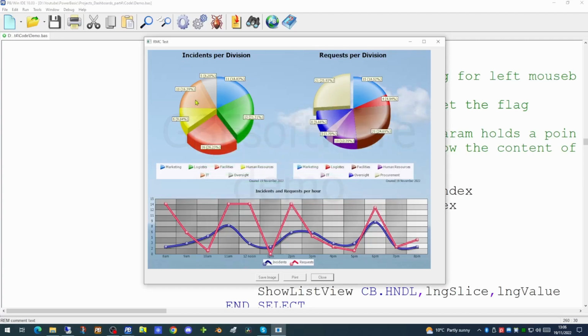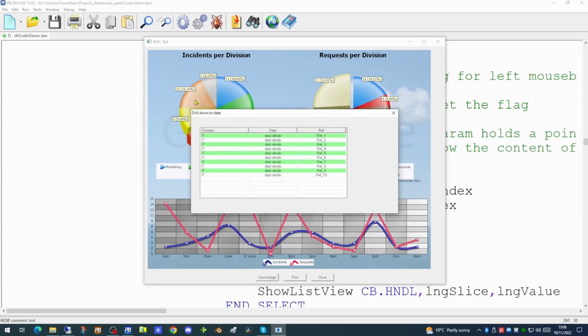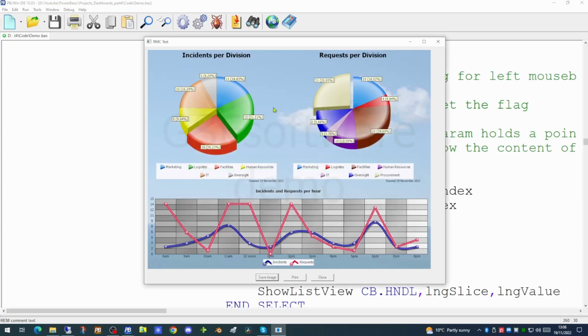So if we picked another slice, for example, the IT one, which has 10 entries, we would have 10 entries on the list. Now if we click on the second pie chart, which is region 2, hold down the Control key and click, nothing will happen because we have deliberately coded it so that this drill down will only happen for the first dialog. This allows you to have separate drill downs on each of your charts.